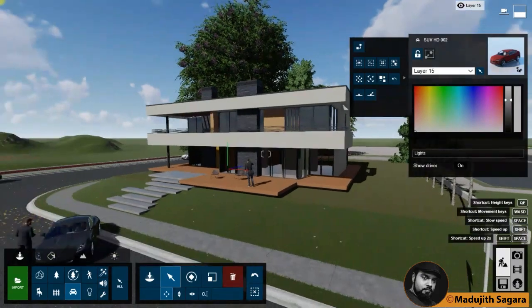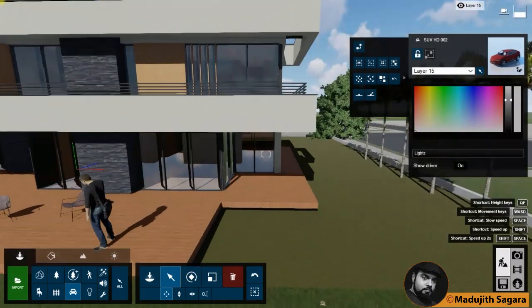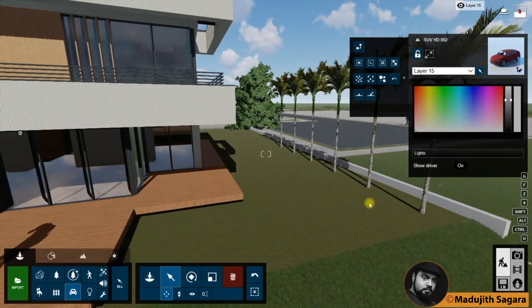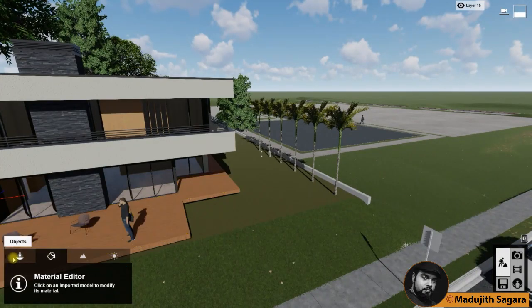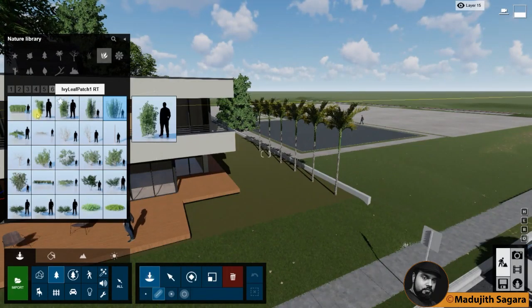Then we shall go to the mass placement. It means think that you need to place a number of trees like this. And if you have to place this over a very huge length, this will be very tedious. But think how to place them as a mass placement. It means bulk placement. I will come to it now. To perform the mass placement, you have to go to objects and you have to select this mass placement. And just select the object you need to place as a mass. I will select this bush.